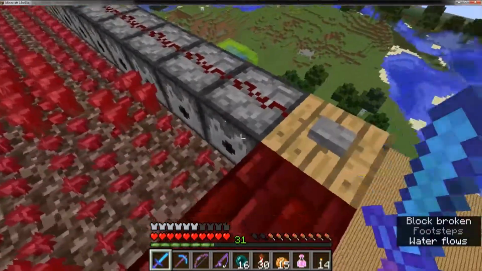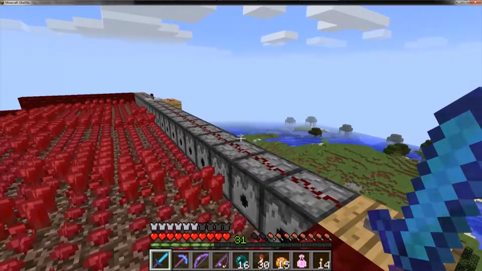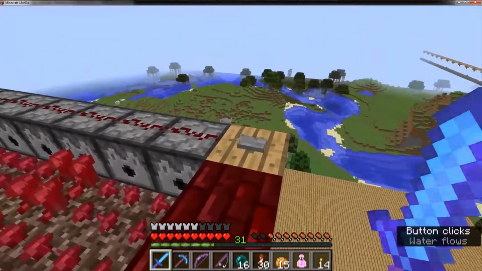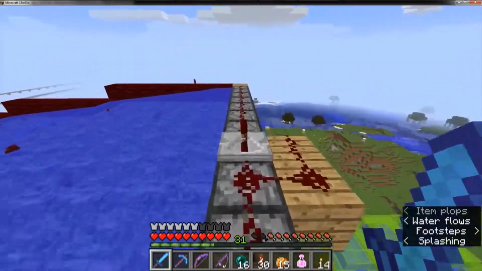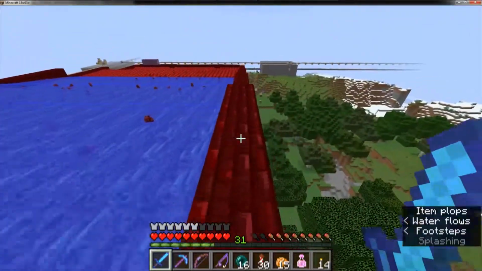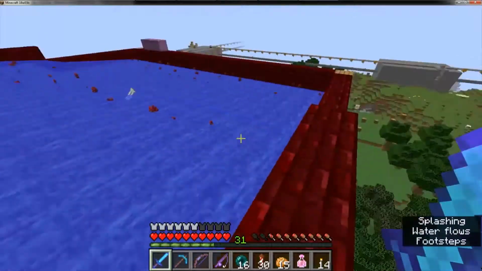I don't really like using dispensers with buckets. I prefer pistons because it's a lot easier to keep track of what state it's in. But for now, this is sufficient for my needs and, you know, quick and dirty. If I get lazy, I might just leave it the way it is, but anyway. Yeah, so...